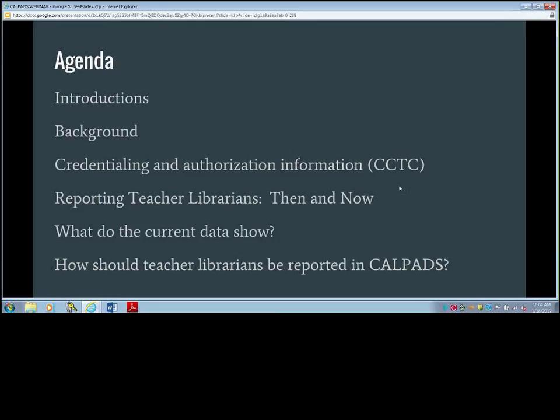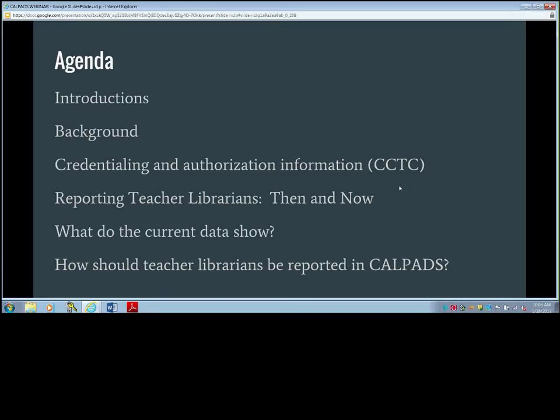The acronym is LOL, and once you get to know Glenn, you'll understand why that acronym fits. He's also the Vice President of Government Relations of the California School Library Association and the Chair of the Library Media Educator Network. We will be giving you a brief overview of the services teacher librarians provide and how that differs from classified library staff.